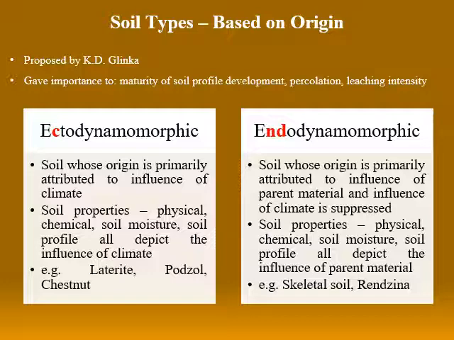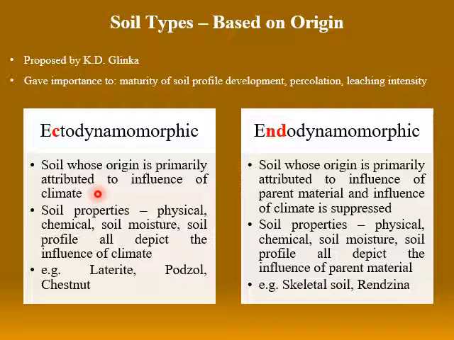Now, Glinka had proposed a twofold classification of soil based on origin or genesis, and this was ectodynamomorphic and endodynamomorphic. Ectodynamomorphic implies those soils whose origin is primarily attributed to the influence of climate. That means the soils which are mainly formed due to the action of various climatic elements and their profile characteristics,